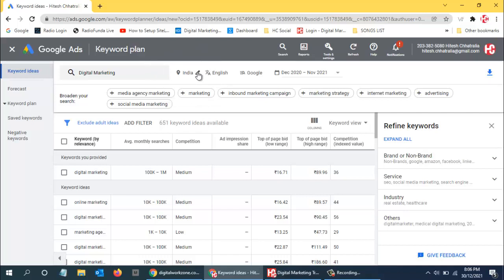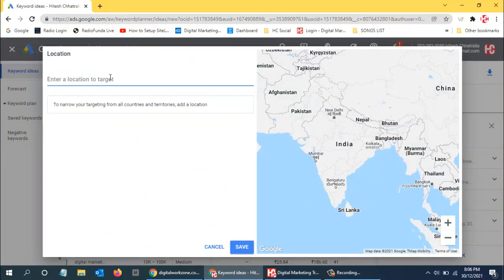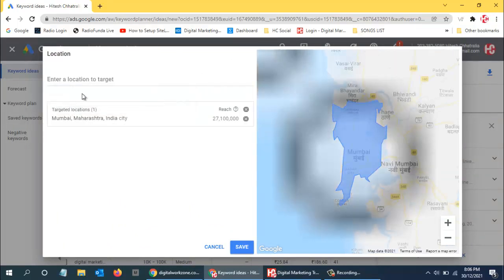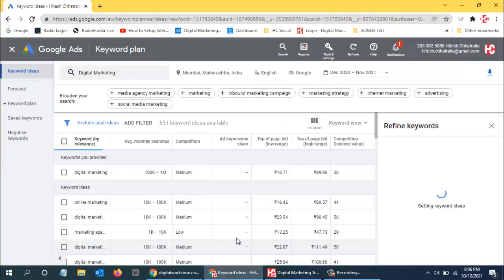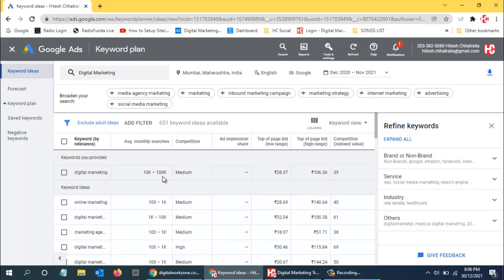For that, what I can do is click on this and remove India, and maybe put Mumbai, and then I can select Mumbai or Navi Mumbai or different places, and then click save. Then I'll get, okay, from Mumbai, there are minimum 10,000 to 1 lakh people searching for this particular keyword.